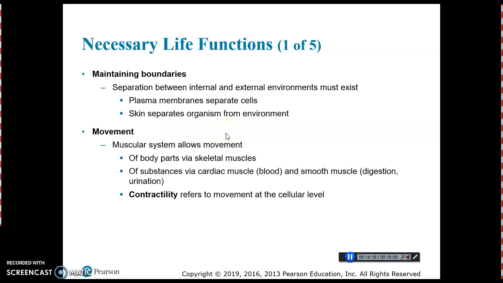The plasma membrane is the boundary that separates the inside of the cell from the outside of the cell. It's the covering of every one of your cells, and it's called a plasma membrane. And then the skin is a boundary that separates our insides from the environment outside of us. So maintaining boundaries is necessary. Movement is necessary. And a lot of times when we think of movement, we think of walking and talking and using our hands to do things like type, write, cook,